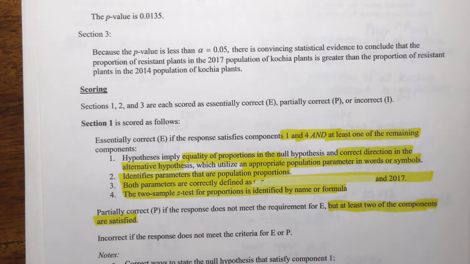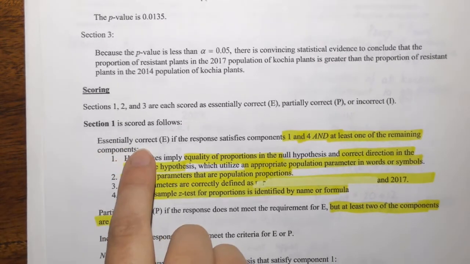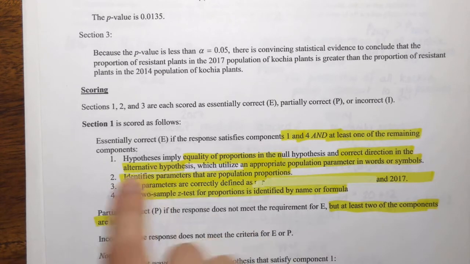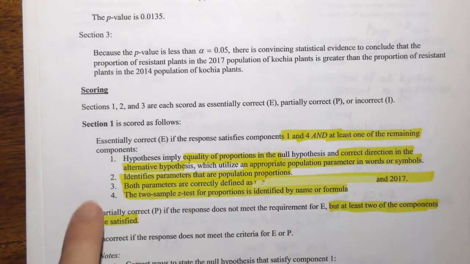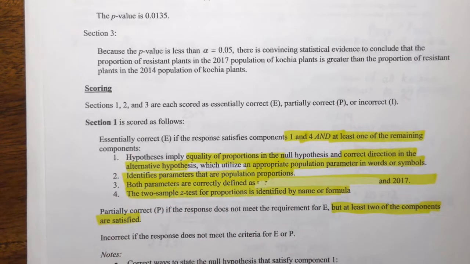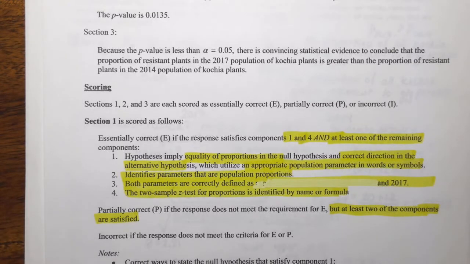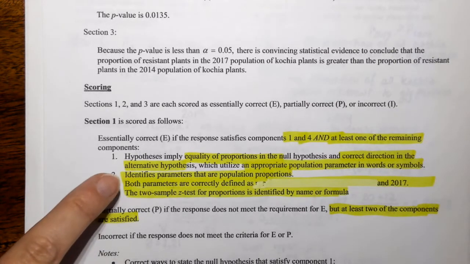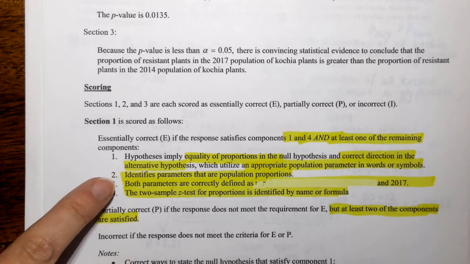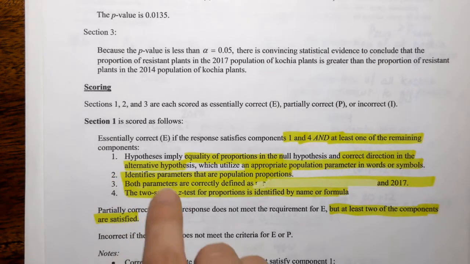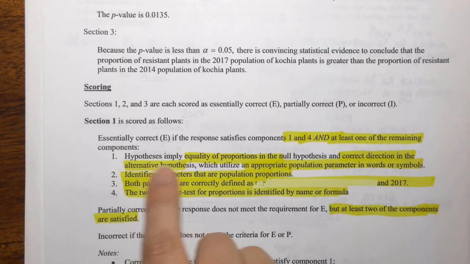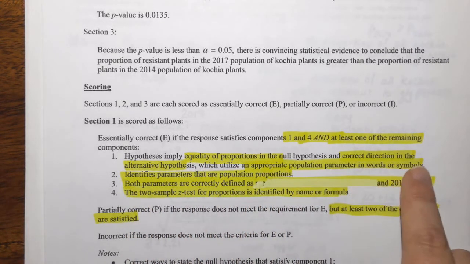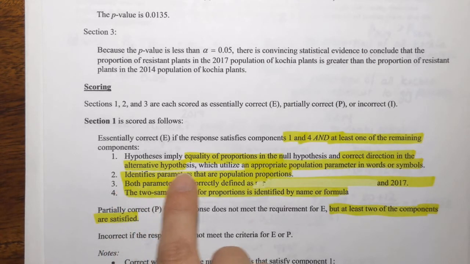Okay, so you get an E for section 1. You need to have components 1 and 4 and at least one of 2 or 3. So this is kind of confusing. You don't have to have all 4. You need 1 and 4 for sure, and then either one of 2 and 3 because you probably didn't do both. Number 1. Hypotheses imply equality of proportions in the null and correct direction on the alternative,